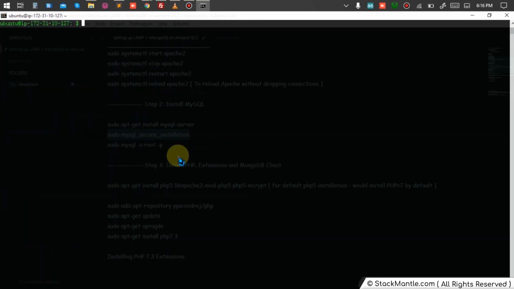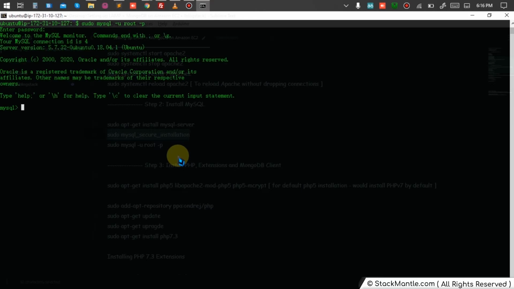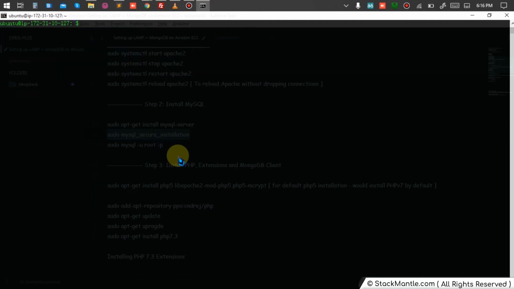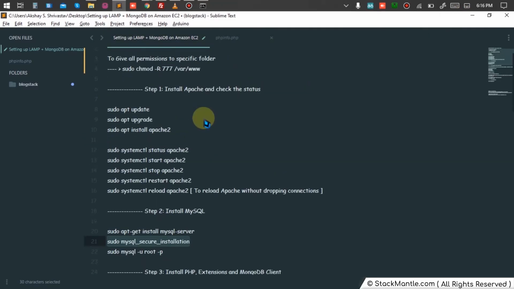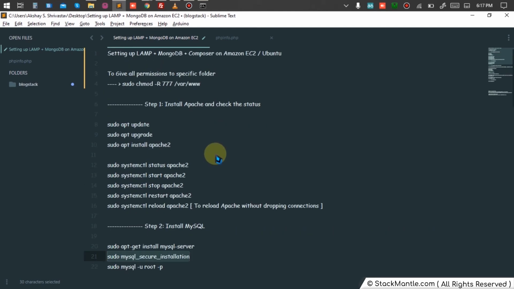So now that we have installed MySQL, we'll check if our MySQL is running. By default, we always have root as the username, and the password is the one that we set up while executing the setup. So hooray, it shows that MySQL is running. So I'll do show databases. Yeah, MySQL is running on my server now. So this gives me a confirmation, right? This tells us that we have successfully installed MySQL, and we have installed PHP as well, and Apache as well.